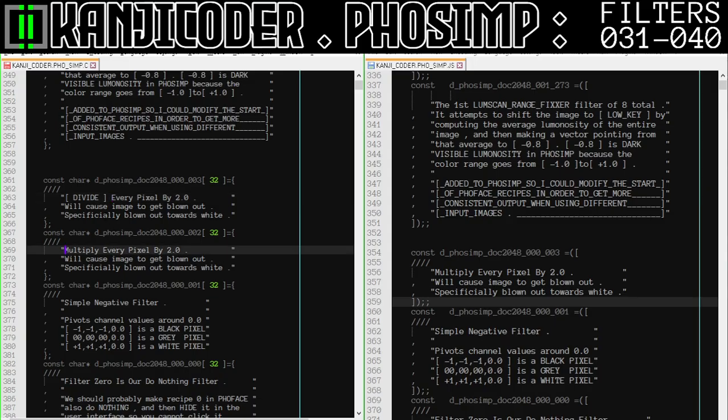So sometimes what I like to do is put the different part in square brackets, so that when I look at these two blocks of text and they look similar, I can see the difference. Okay, so divide every pixel will cause image to get